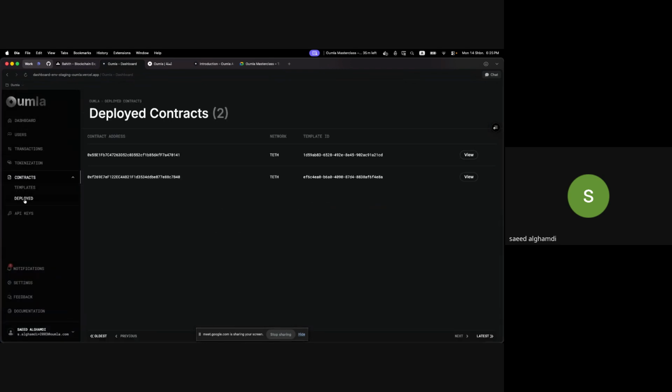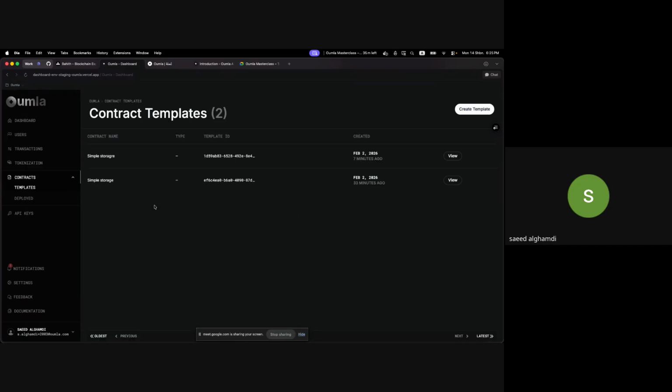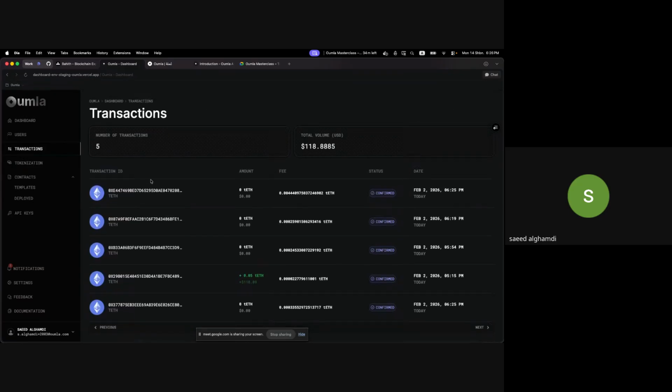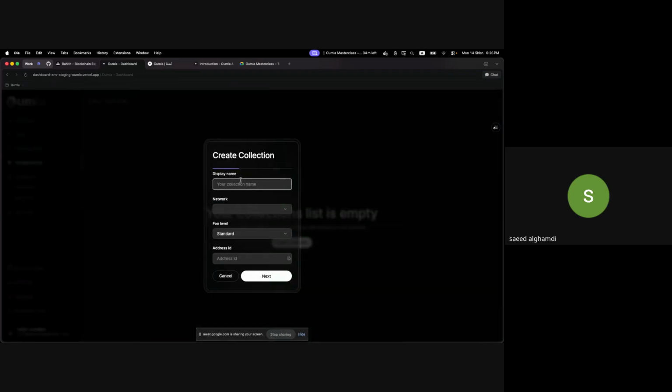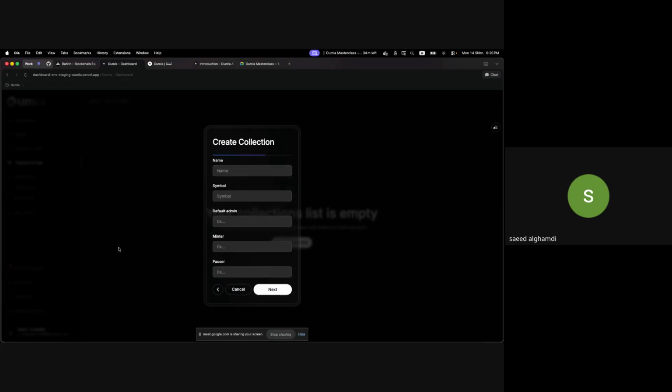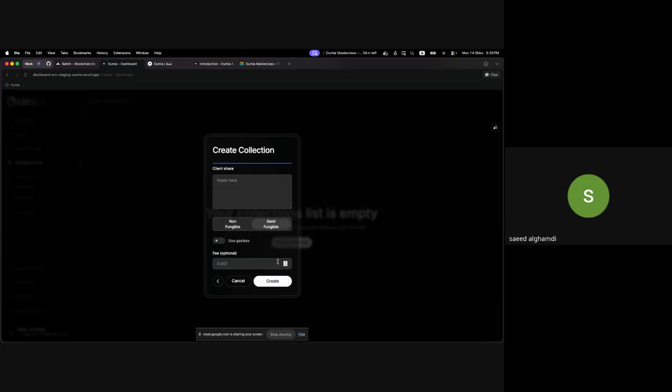Here on testnet, address ID. Default admin will be my address as well, and here, let's do next.